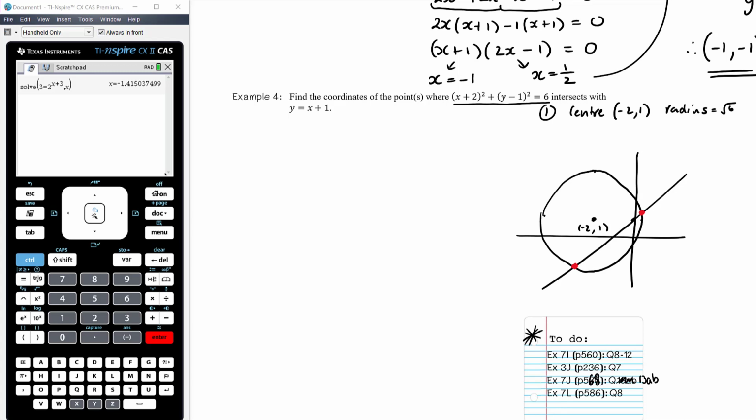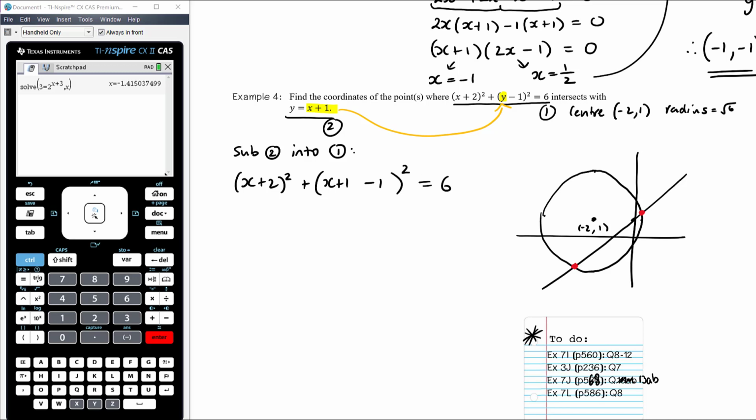Okay, so substitution generally the best option. It's always easier to substitute the simpler equation into the harder equation. So the simpler equation, the linear equation, tells me that y equals x plus 1. Let's replace y in the other equation with x plus 1. Okay, so we're going to substitute 2 into 1, and we're going to get x plus 2 all squared plus, sorry, not y, y is x plus 1, so x plus 1 all squared